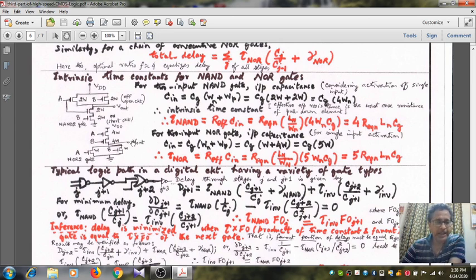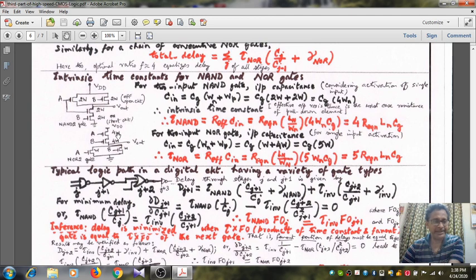And as before, you have to consider the single input activation, although it is a two input NOR gate. So for a 2 input NOR gate, the input capacitance becomes Cin equal to Cg into Wn plus Wp, that is Cg into W plus 4W, that is Cg into 5W. Okay, clear? So the time constant of a 2 input NOR gate then becomes the product of effective resistance and the input capacitance. What is the effective input resistance? That is R equivalent multiplied by Ln by Wn, and input capacitance is 5 into Wn into Cg. That becomes 5 times R equivalent Ln and Cg.